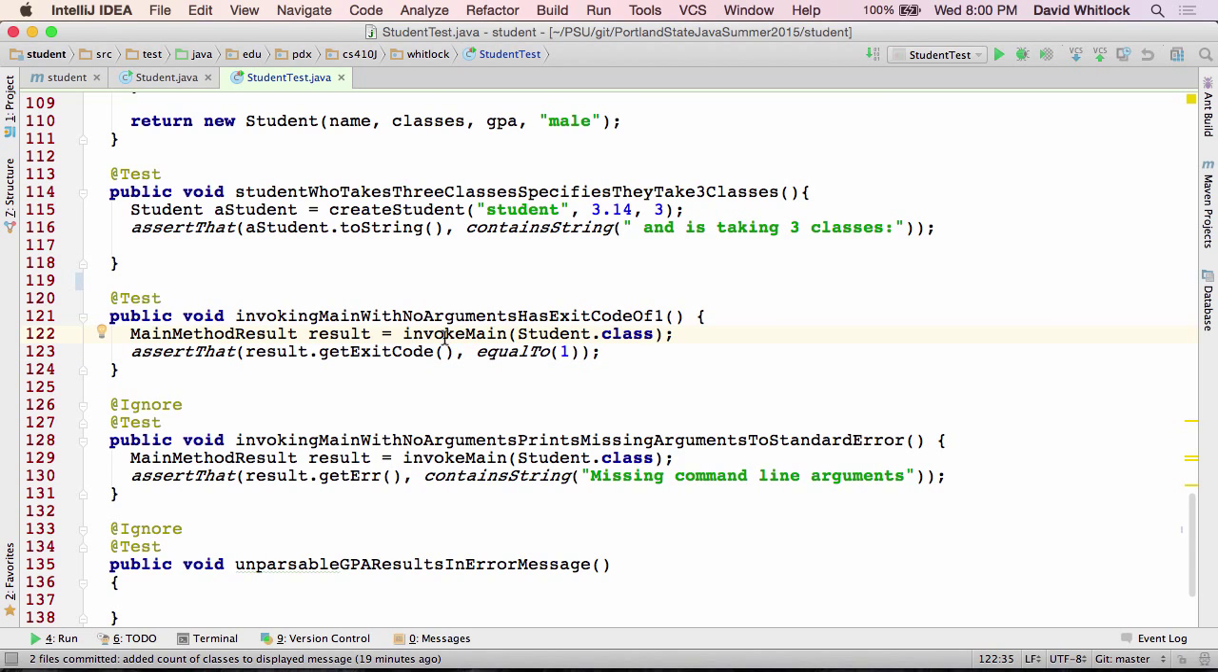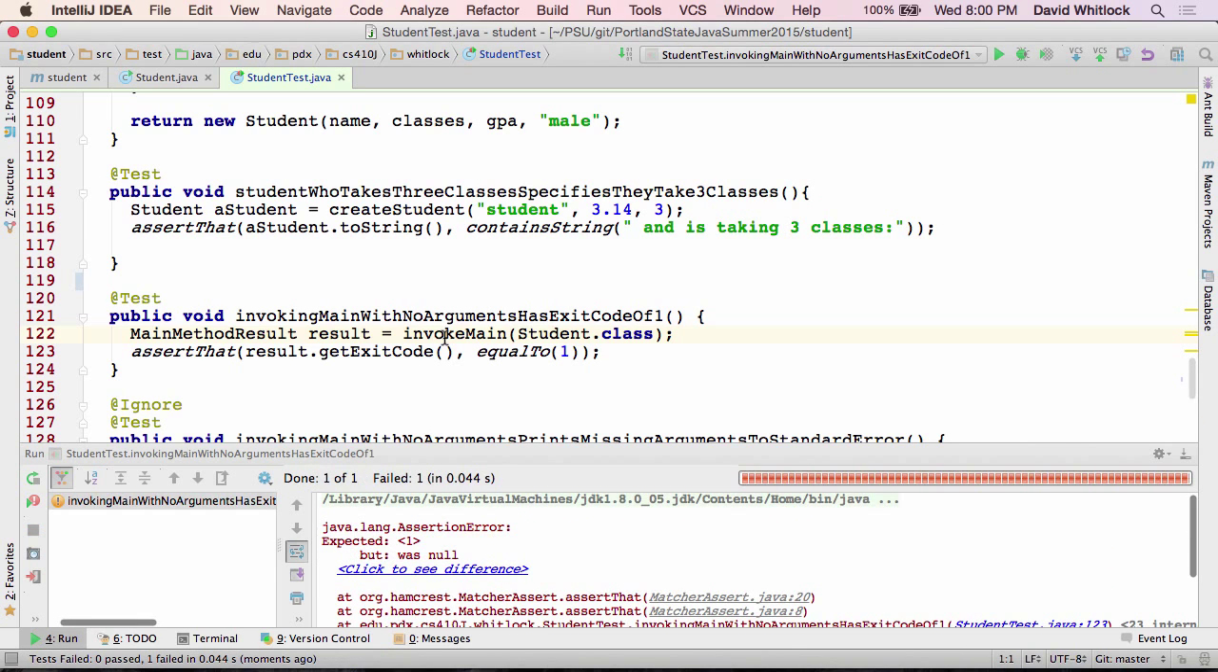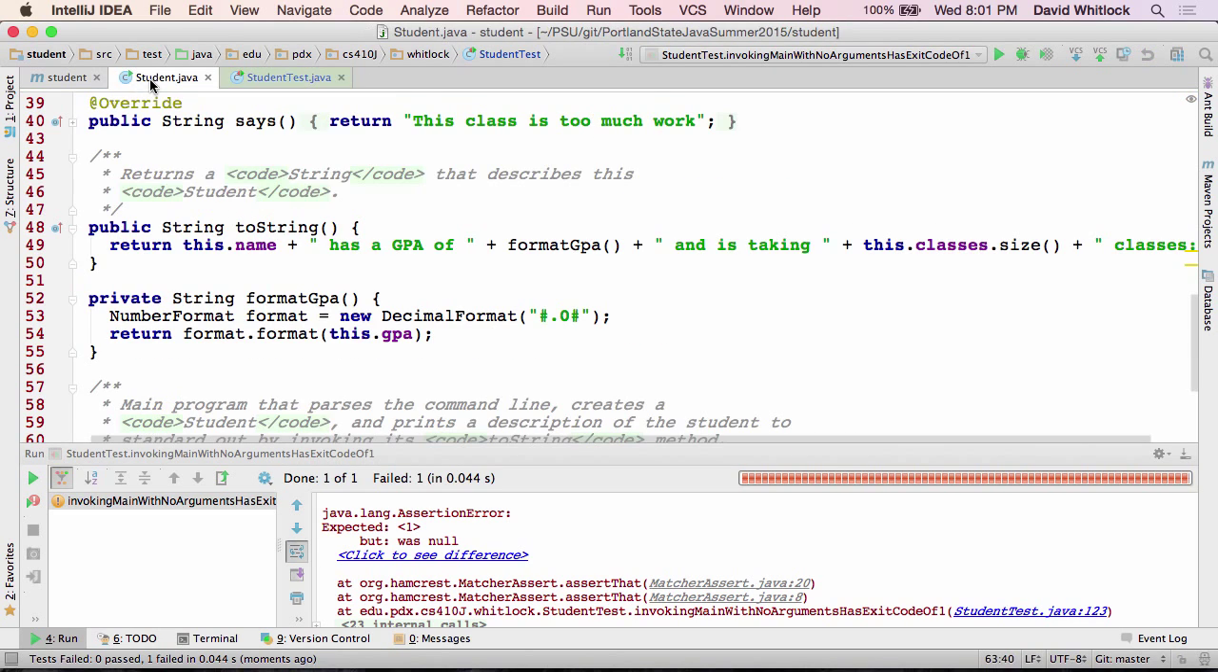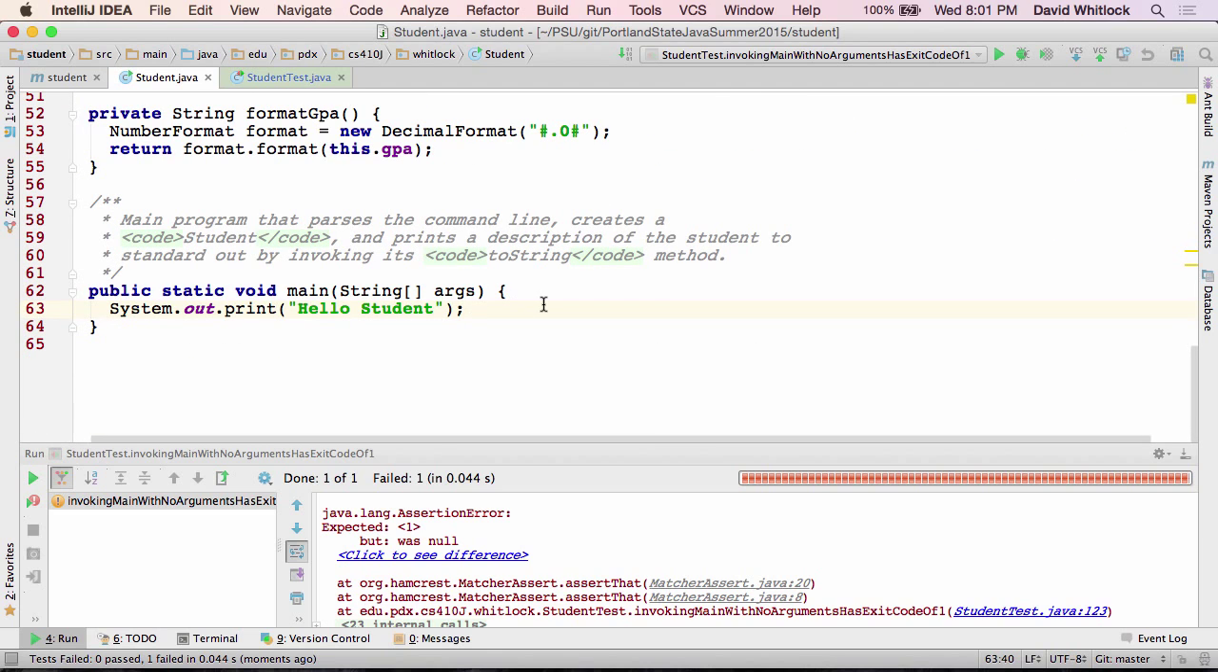So if I go and run this method, it should fail because it expected an exit code of 1 but was null. Null meaning that system.exit wasn't called. Okay, so red, I want to make it green, and so I'll go to my main method and say system.exit of 1. I'll rerun it,